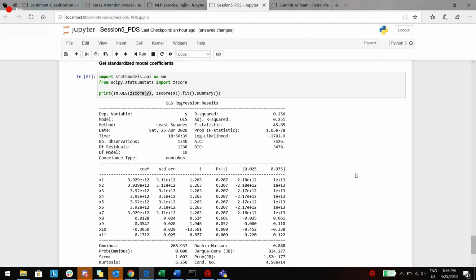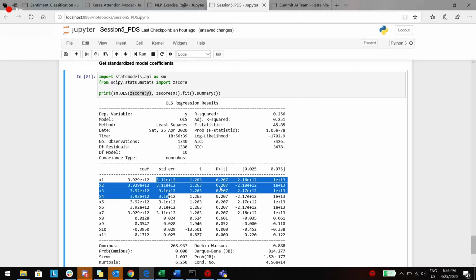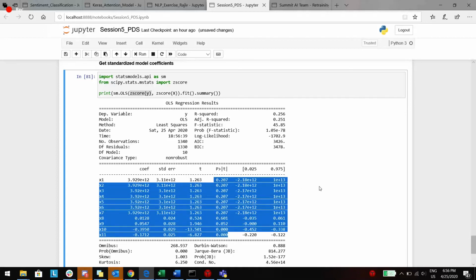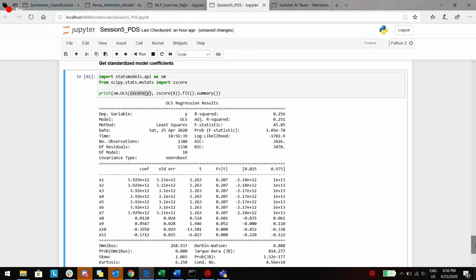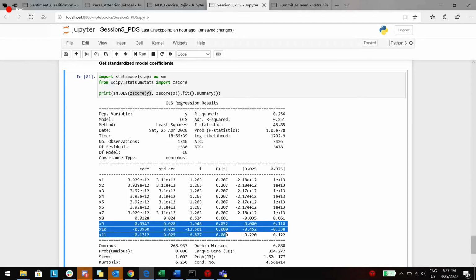Here you see that the R-squared you got is 25.6, and the adjusted R-squared is also close to that. And what is the standard error, and what is the p-value. So this p-value will help us understand whether the variable is significant or not. For practical considerations, if this value is less than 0.1, then that is likely a significant predictor for my y variable. So if you see, only x9, x10 and x11 are the variables which are giving adequate information for the prediction, right?